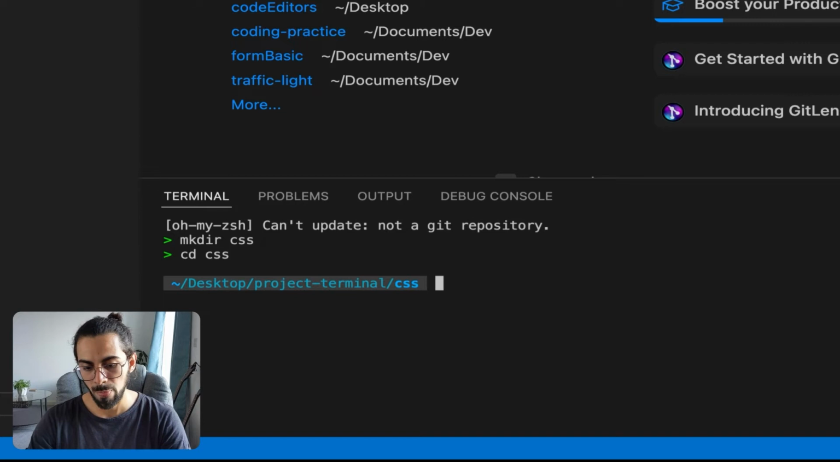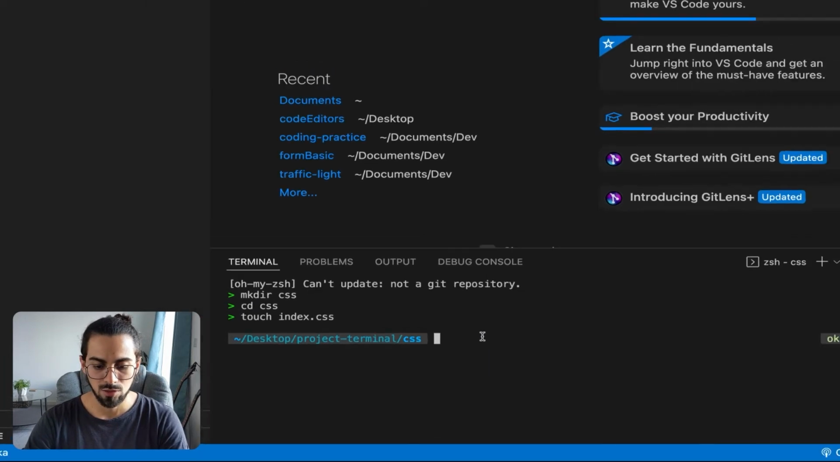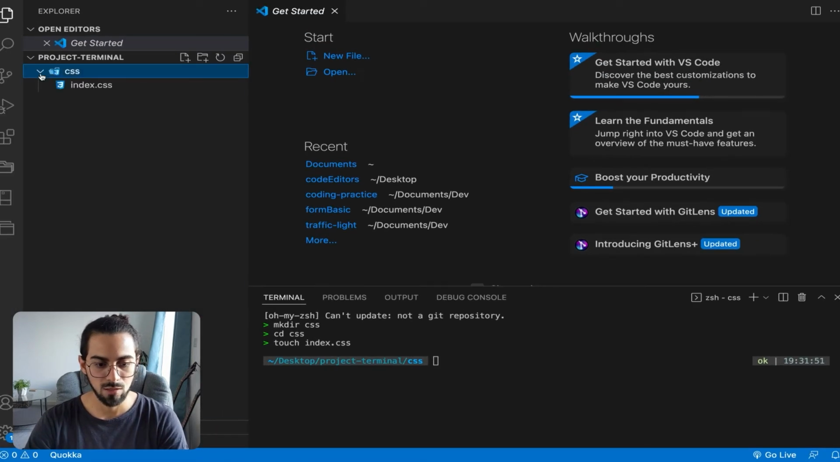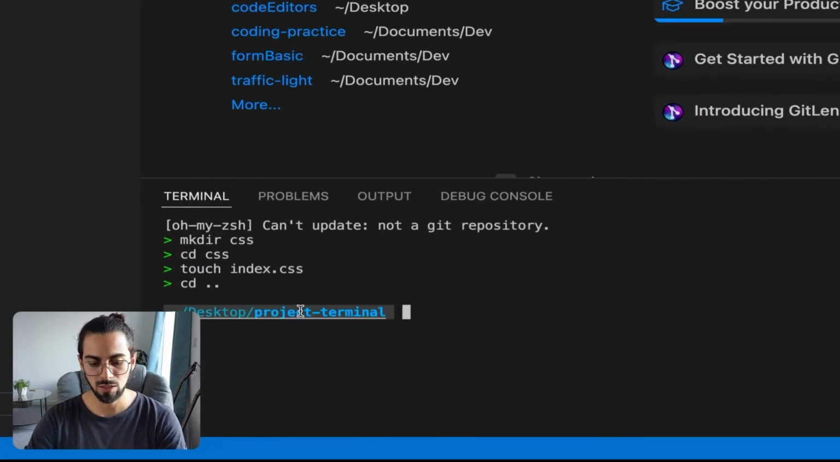Here we are, and let's create a file with the command I just previously taught you, which is touch, and let's call it index.css. There we are. So if we come back here, we'll see that we have the file we have just created. It's amazing. So yeah, we can come back to the root directory of the terminal, which is project terminal,